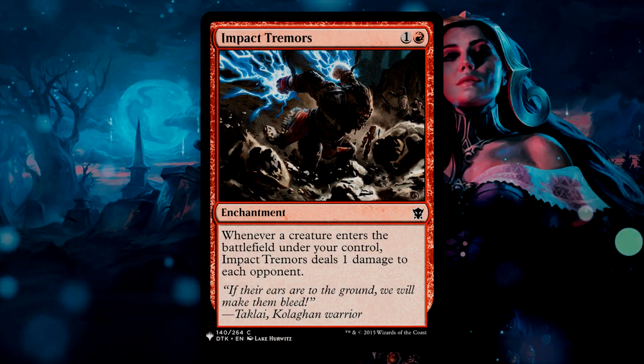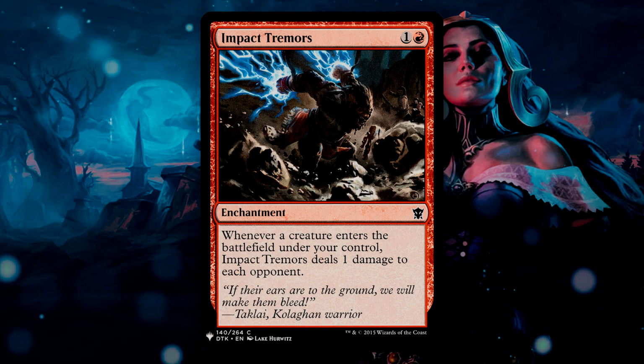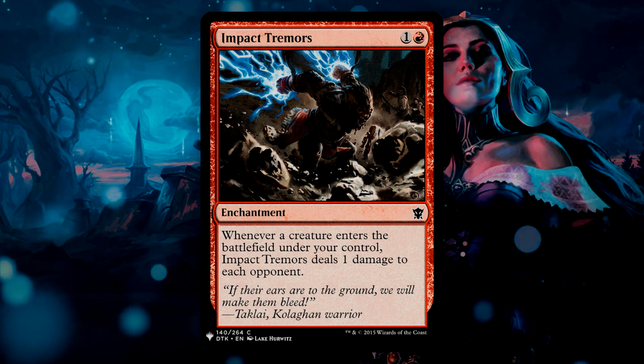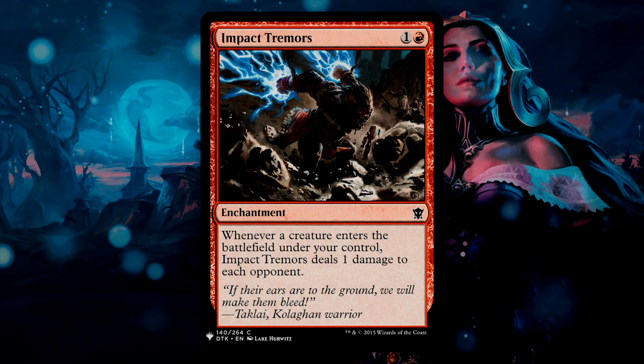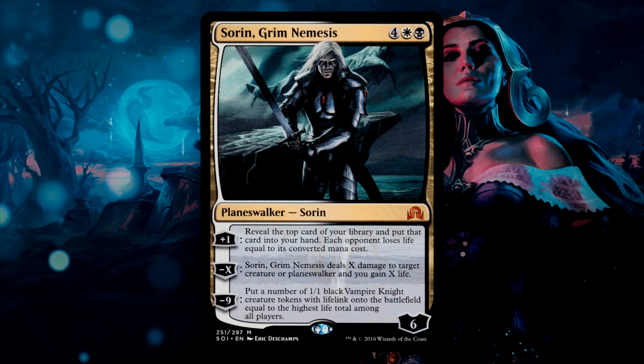Impact Tremors is here for the large number of tokens that we create. Any creature entering pings each opponent for 1 damage, letting us get off quite a bit of damage for our large-scale token generators. Speaking of large-scale token generators, Sorin, Grim Nemesis has a +1 ability to draw us a card